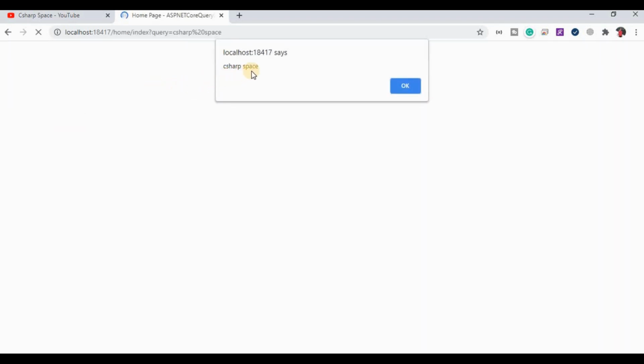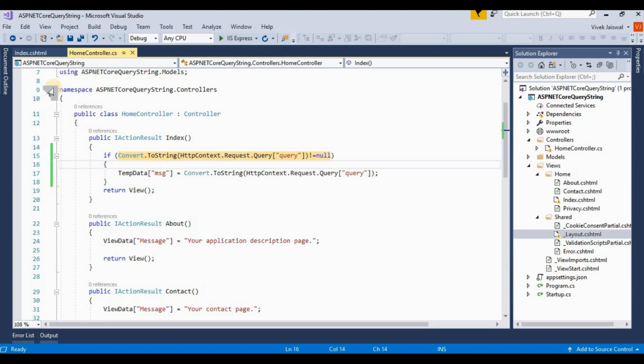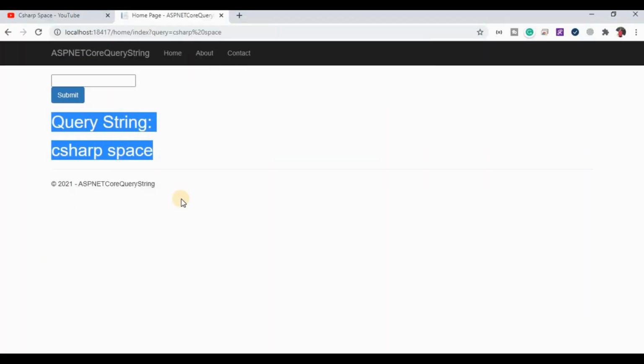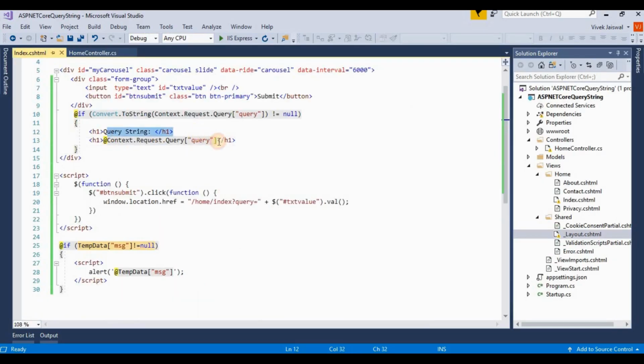Then this alert message is shown from TempData that we stored inside this controller, and after clicking OK, this query string is printed directly from the view. So yeah, it's the complete process for how we work with a query string in ASP.NET Core.